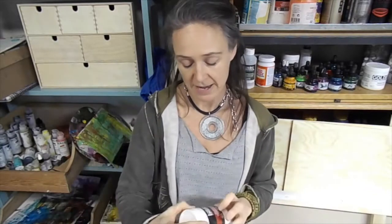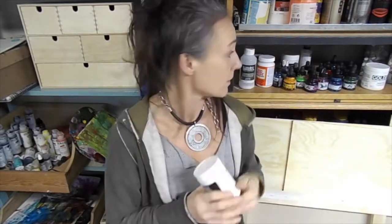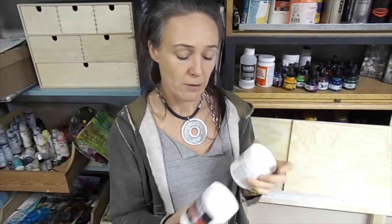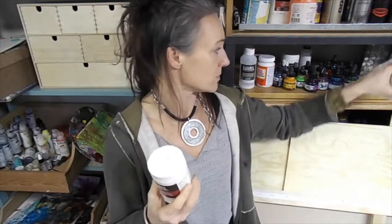I use a lot of different mediums, different pastes, molding paste, crackle paste, and I use them both early in the process but also quite late. I actually cover up areas I don't like or that don't have any life. I put on